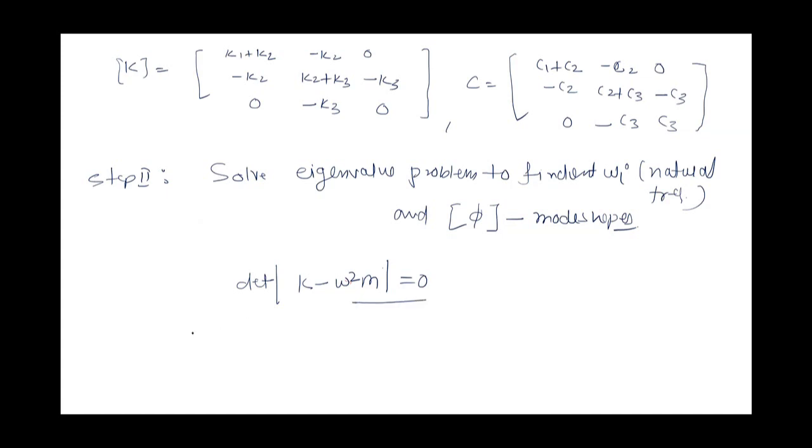If we solve this, we'll find omega 1, omega 2, and omega 3. Here I am going to write the values of omega 1, omega 2, and omega 3 from the previous problems. So omega 1 we found as omega 1 was